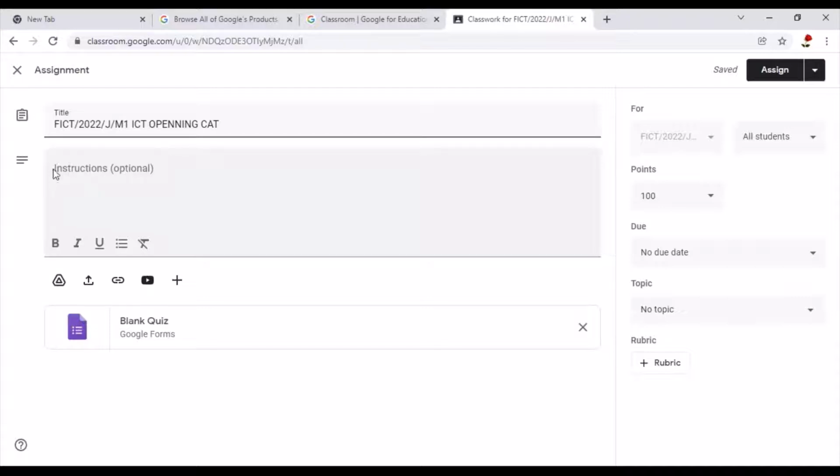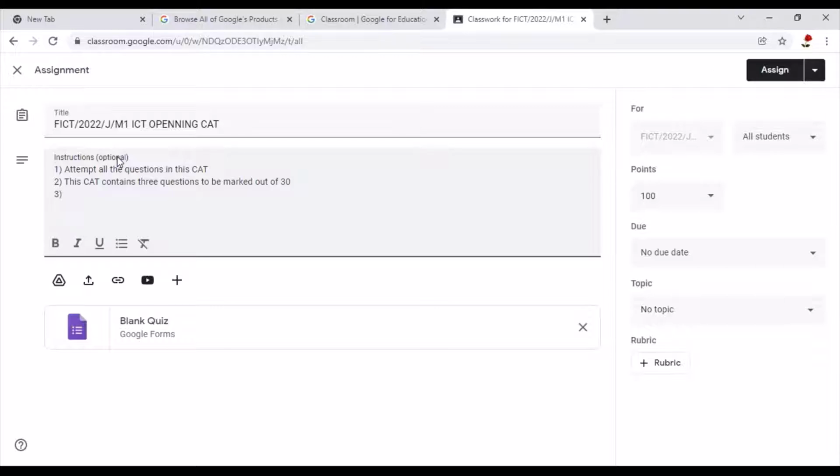And the instructions here, I will give some instructions. The first instruction will be: attempt all the questions in this card. Number 2, inform them of the scores: this card contains 3 questions to be marked out of 30. Remember, it's just a card. Number 3, I can inform my students that this card should be submitted